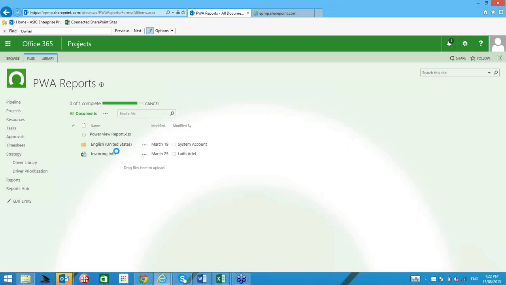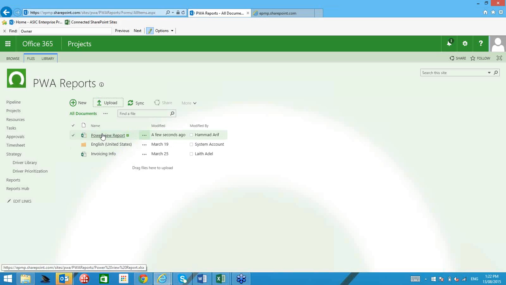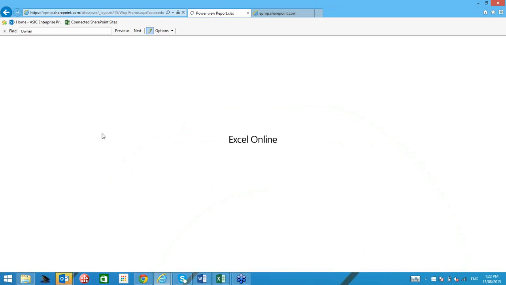So to share Power Pivot or Power View-based reports, you have to have a SharePoint-based subscription in place. It could be your Office 365 or your on-premises SharePoint. And one last thing I want to tell you about these Excel reports is that the default mode of rendering